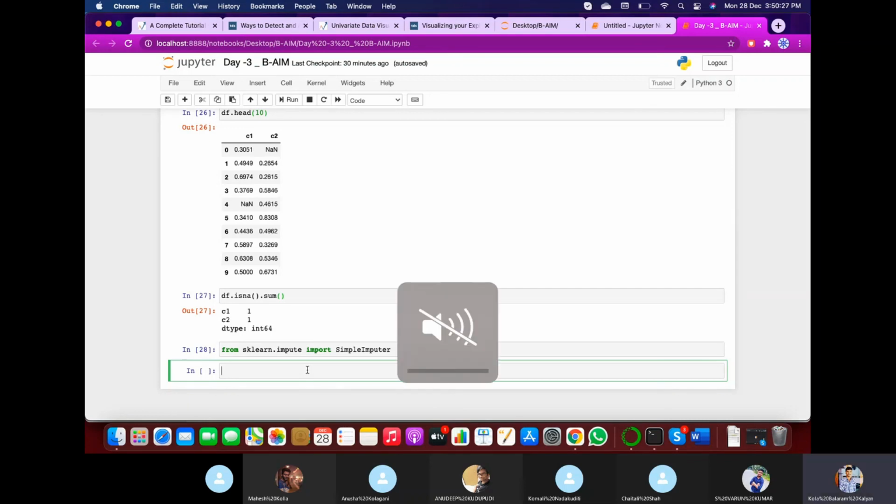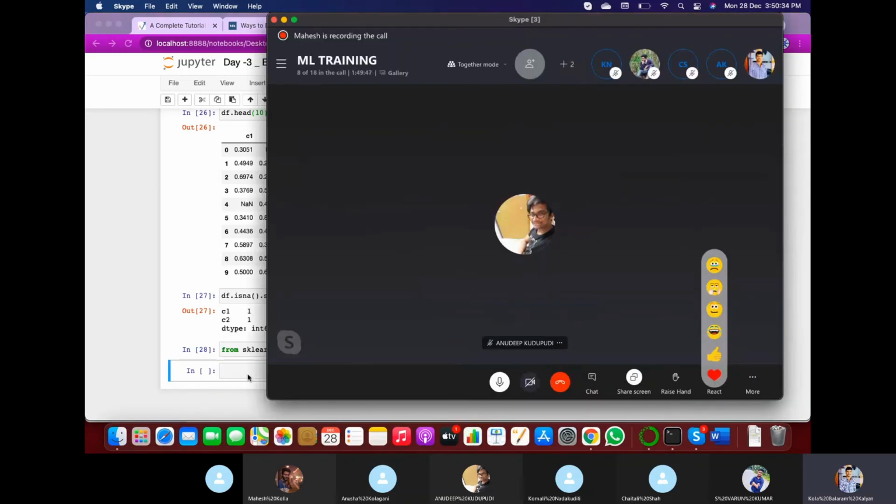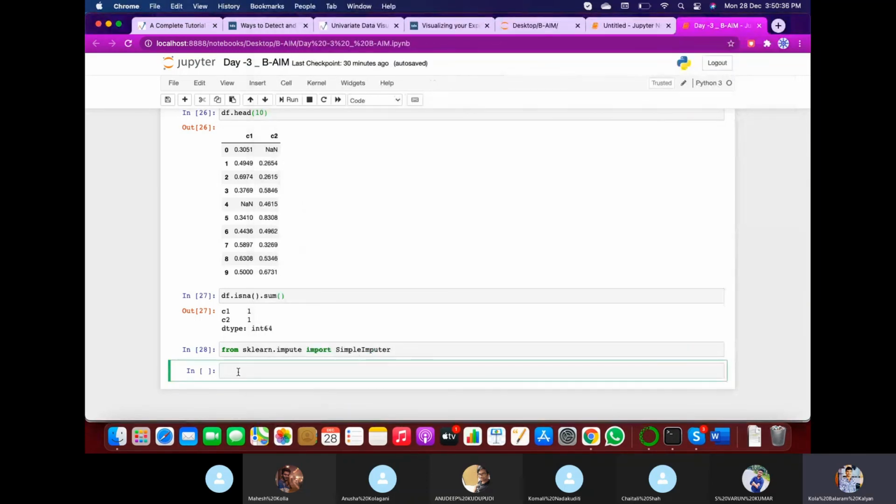So let us say that df_imputed will be like the imputed data frame. For that, SimpleImputer of missing_values equal to np.nan.